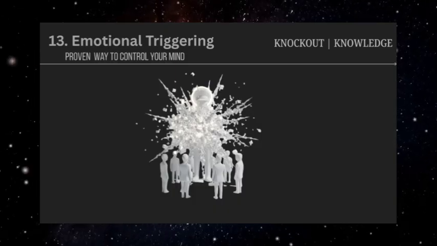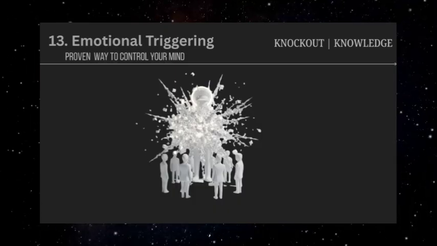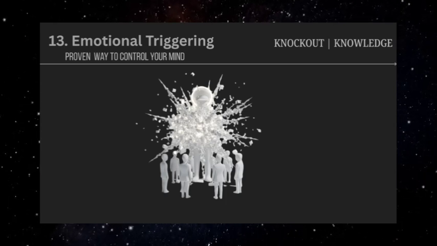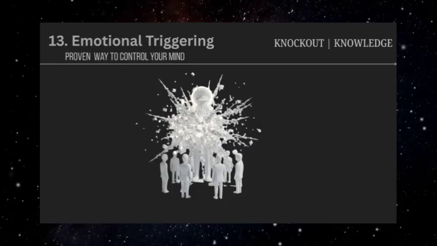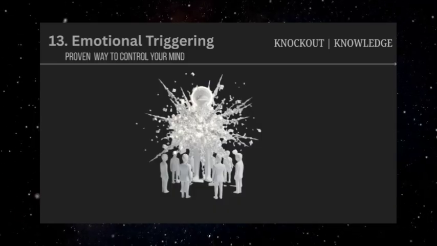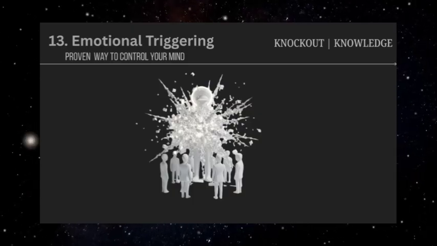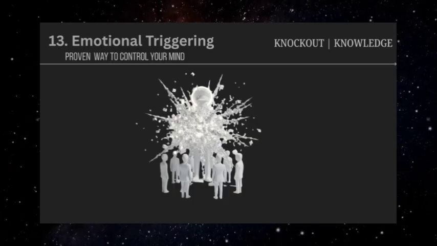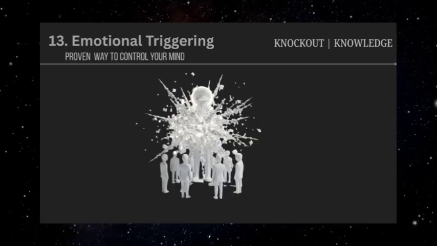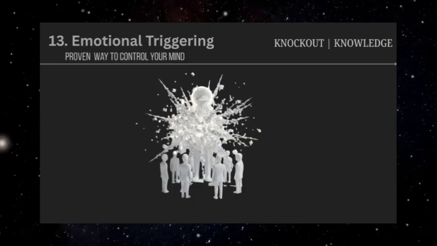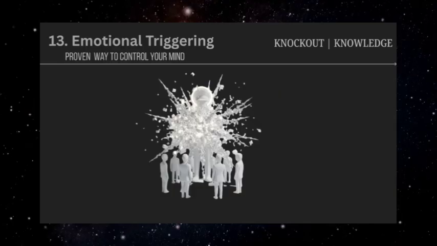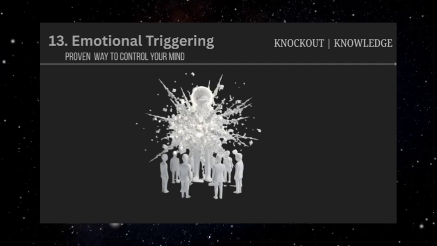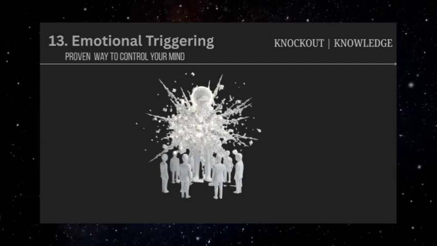What makes emotional triggering particularly effective is that the triggered emotions feel entirely genuine and justified. The person experiencing them often doesn't realize that their emotional state has been artificially induced for someone else's benefit. They believe their strong feelings are natural responses to the situation, not manufactured reactions to deliberately chosen words. Recognizing emotional triggering involves developing awareness of your own emotional patterns and triggers. If you find yourself having unusually strong emotional reactions during certain conversations, especially ones where someone is making requests or trying to influence you, it's worth considering whether specific words or concepts are being used deliberately to provoke those feelings.